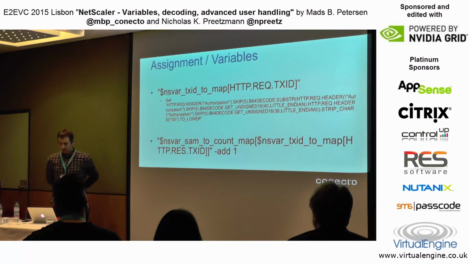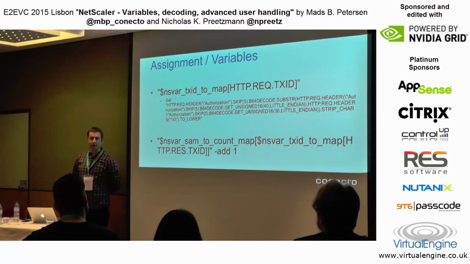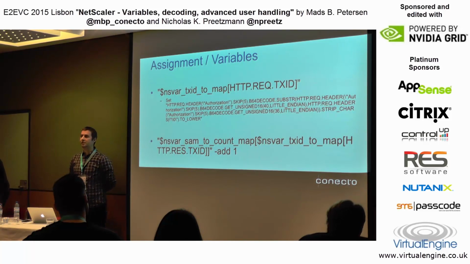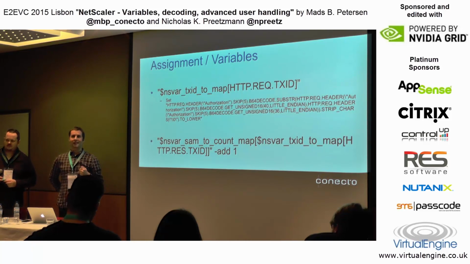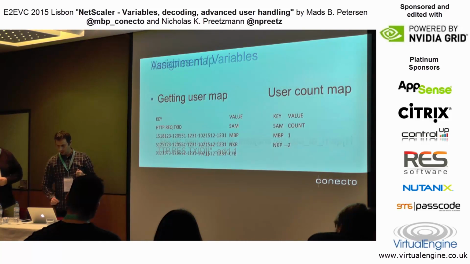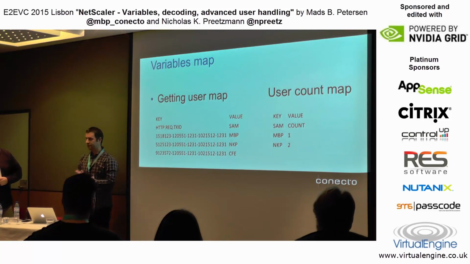On the bottom one here, what we do is, and I don't think that is officially supported, it doesn't work in the GUI, however in the CLI it works just fine. I'm taking a lookup in one variable map and using that value to do a lookup in another variable map. And I will explain shortly here why we do this stuff. Now,